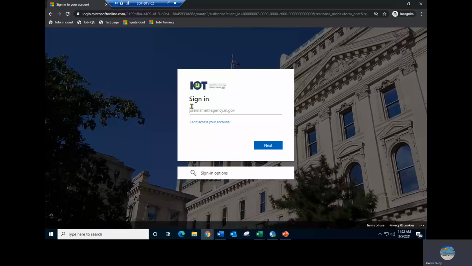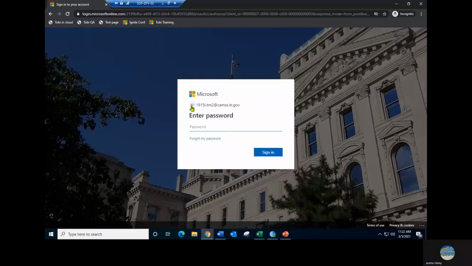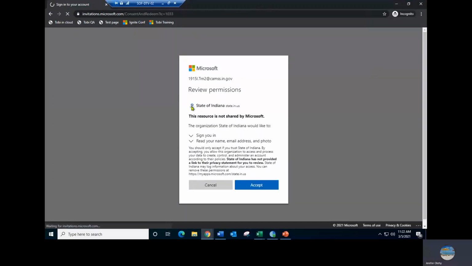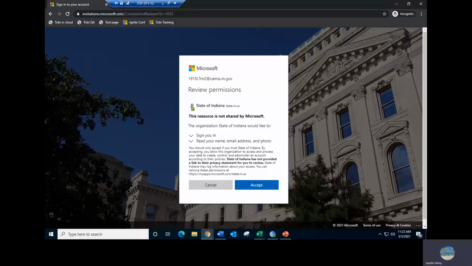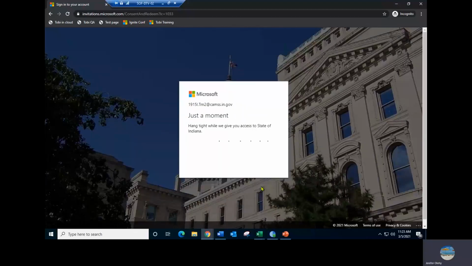So we're going to log in as a test user here. And we will enter that assigned password that we were given. And upon your first login to Tobi, you will be required to accept Microsoft and the state of Indiana permissions. And to do that, you just click accept. This will only happen the first time you log in. You will then check your credentials to make sure you have an account set up